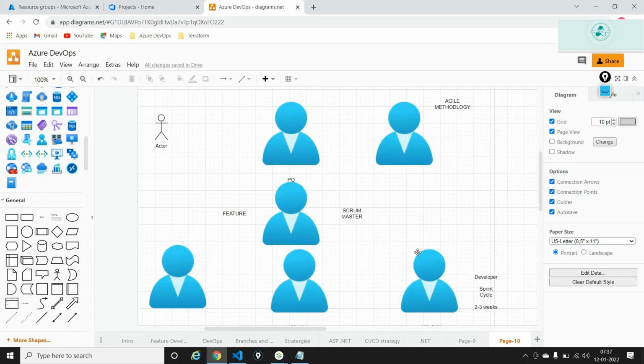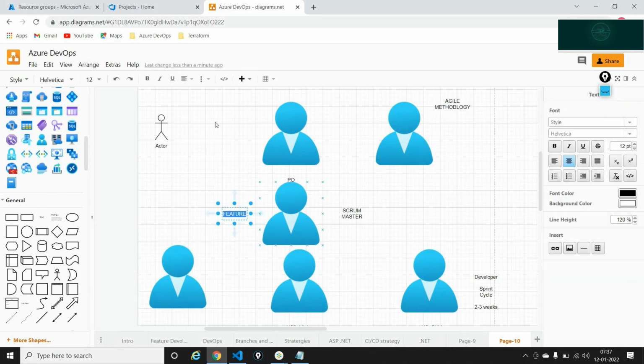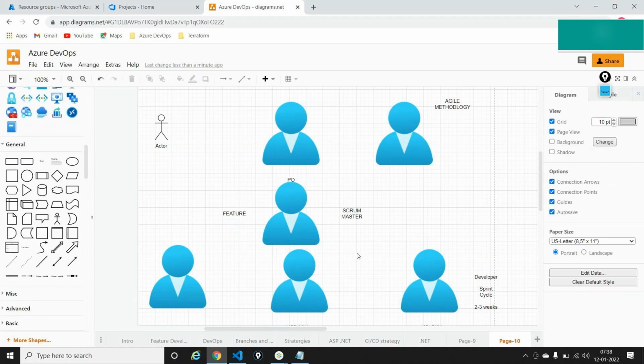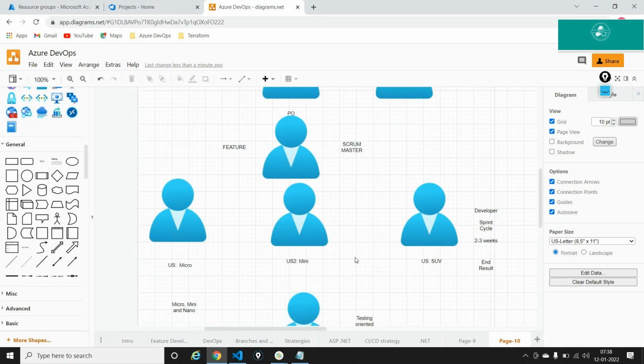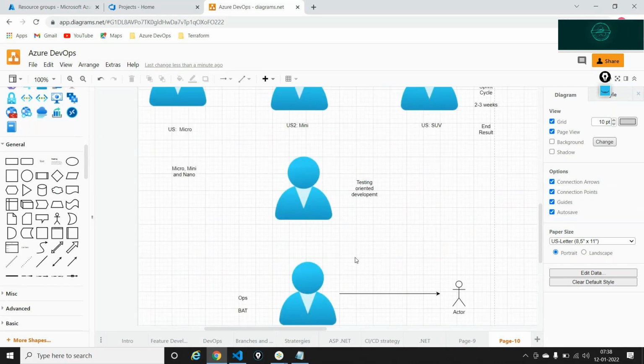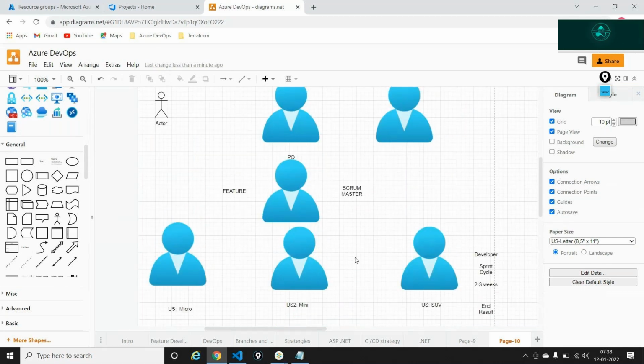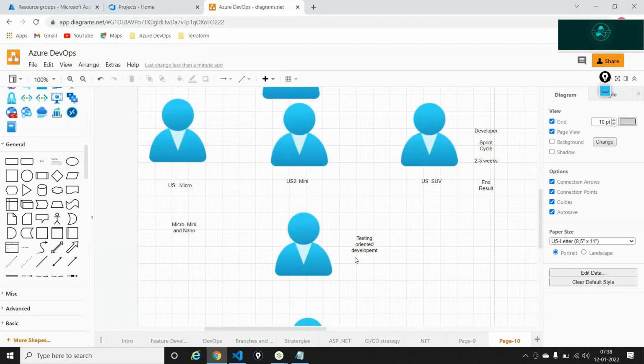Now, this process of development where everyone is involved in the development process is called an agile methodology, which goes by something called feature oriented development, testing oriented development, and in the form of something known as sprint cycles. So right now, all my teams are kind of bound together. They are working together, and there is transparency in my team, so that everything right now is to just accelerate